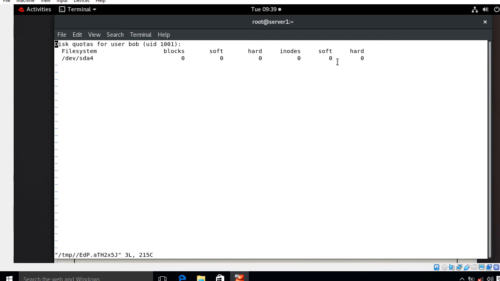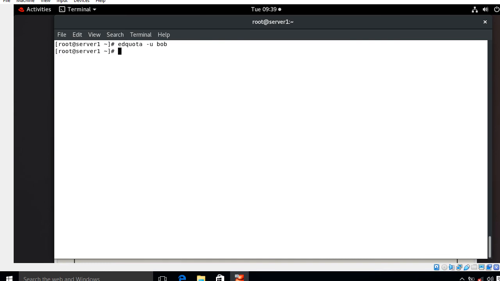Okay, so what I'm going to do here, I set the block limit range from 250 MB to 350 MB, and the file size limit is 5 to 10. So let's see, I go to the soft part, say 250, and the hard is maximum 350 MB, and similarly in the soft you can make 5 to maximum 10. Okay, now save and quit from there.